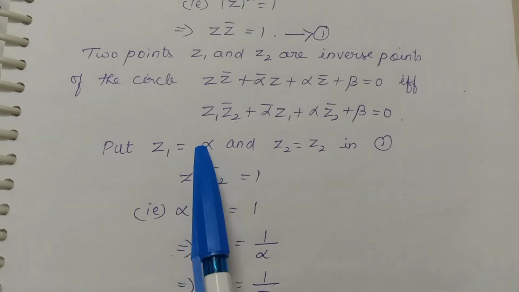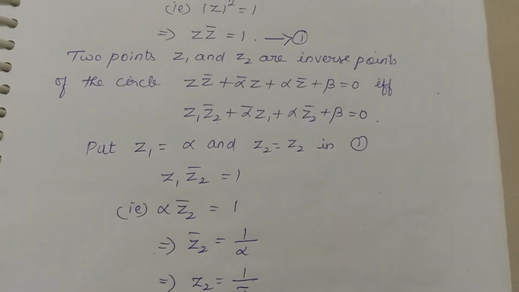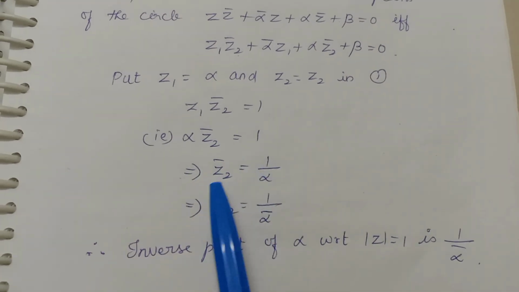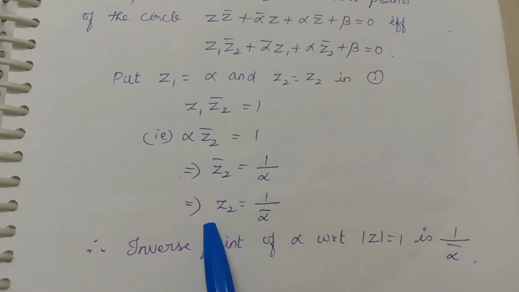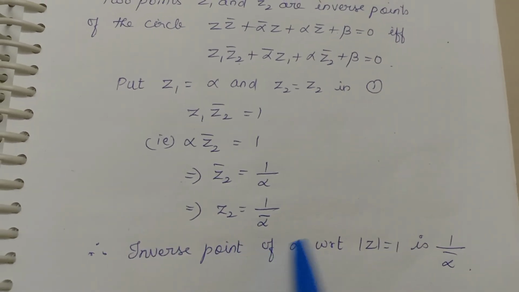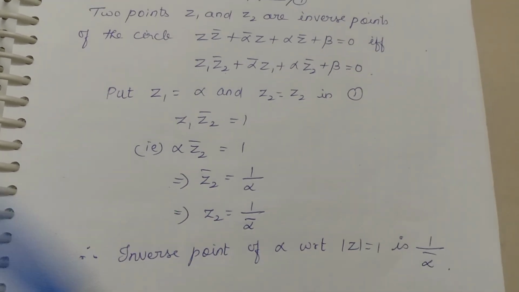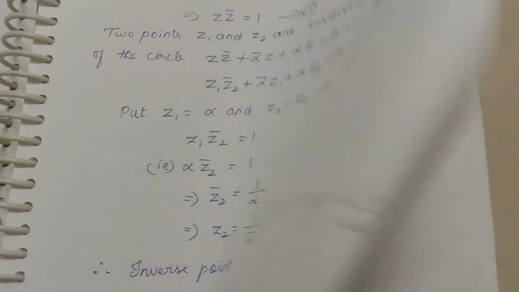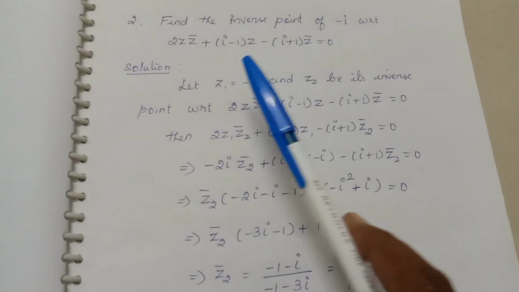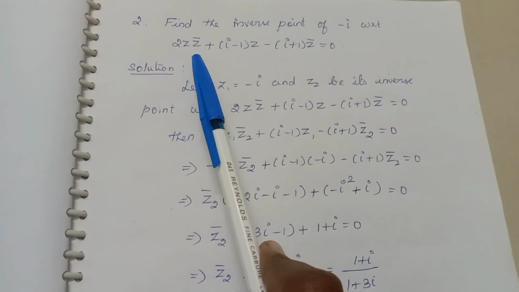Now, let's substitute Z1 equal to alpha and Z2 equal to Z2 itself. So alpha Z2 bar equal to 1. So Z2 bar equal to 1 by alpha, or Z2 equal to 1 by alpha bar. So the inverse point of alpha with respect to this unit circle is 1 by alpha bar. Next problem. Find the inverse point of minus i with respect to the circle